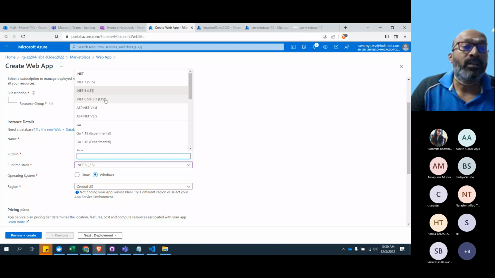If you have projects developed in .NET 5, when .NET 6 has come, which is the long term support, it will be your duty to immediately upgrade to the long term support, because now you don't have .NET 5.